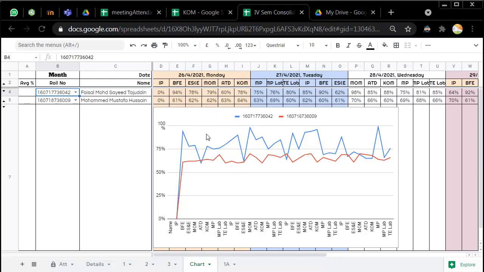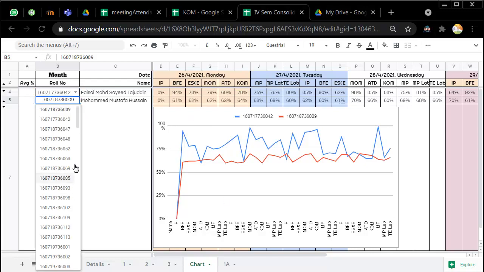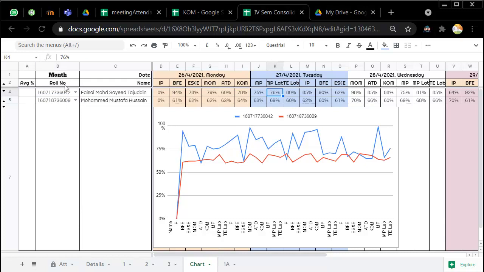This is the graphic way of showing which student is attending what classes during what time of the day, probably because they are in the same order as the time from morning till evening, and the same cycle repeats over a period of time. So the faculty who is doing this mentoring may choose any two students, one who is very regular and the other to whom we are giving a call because he is not regular.